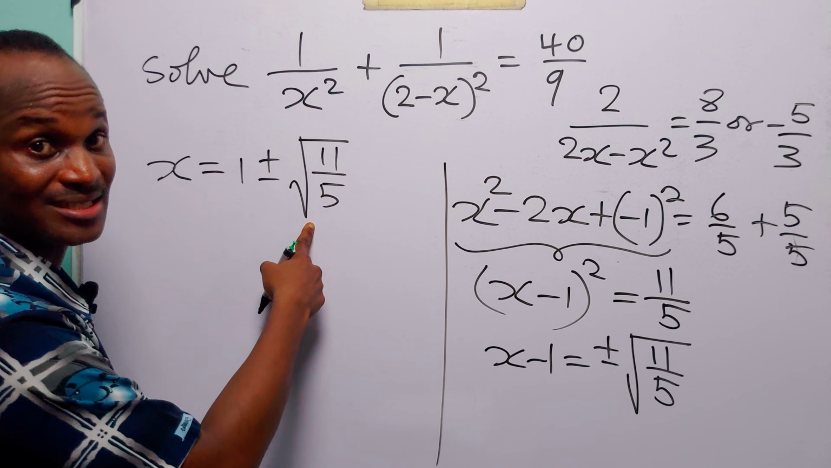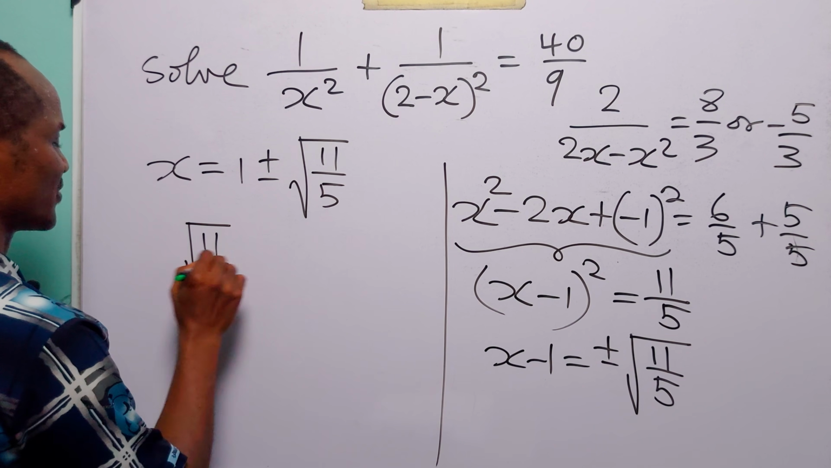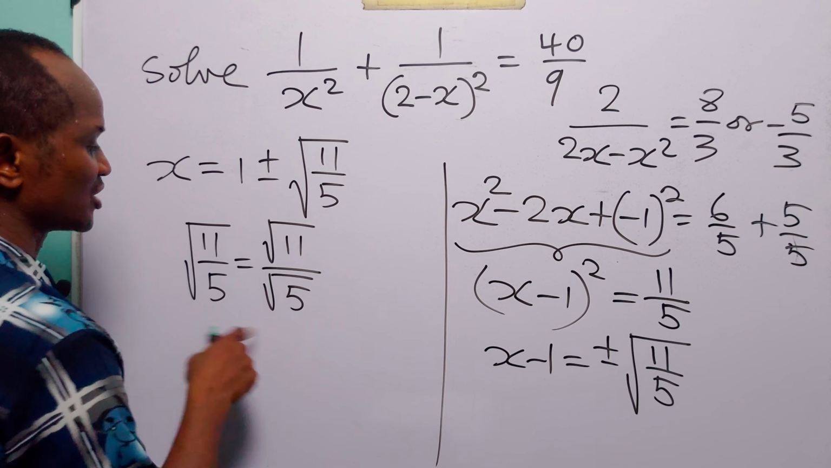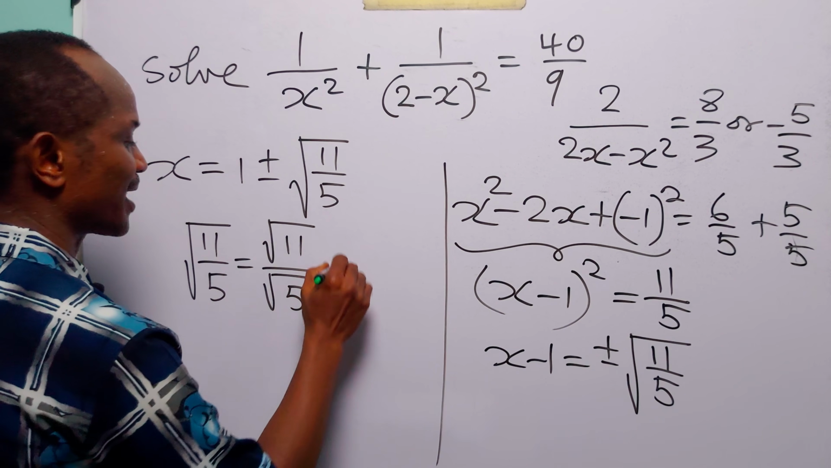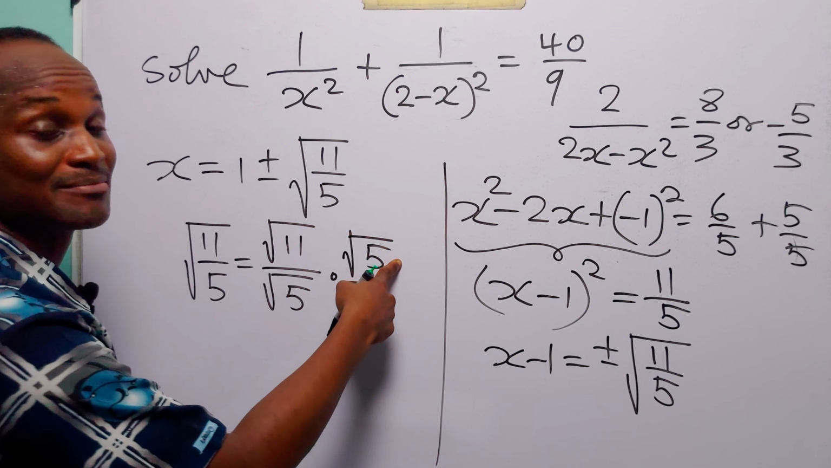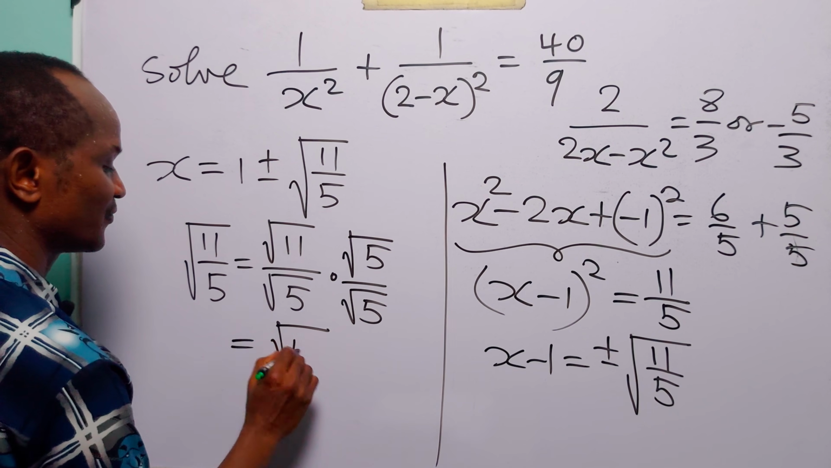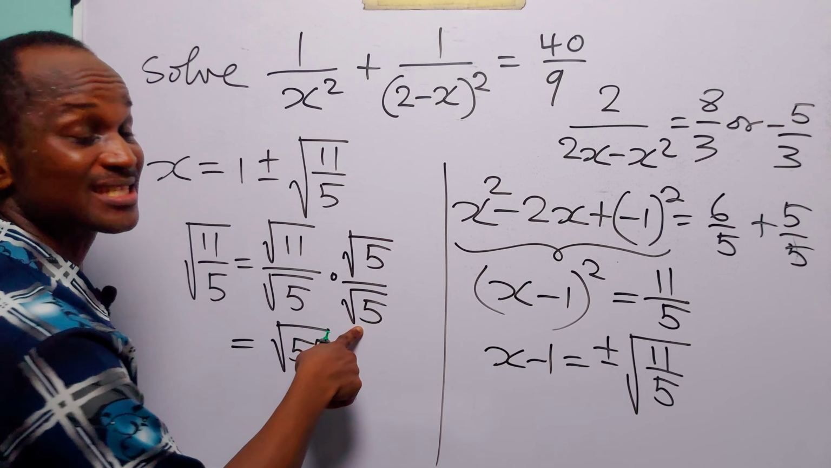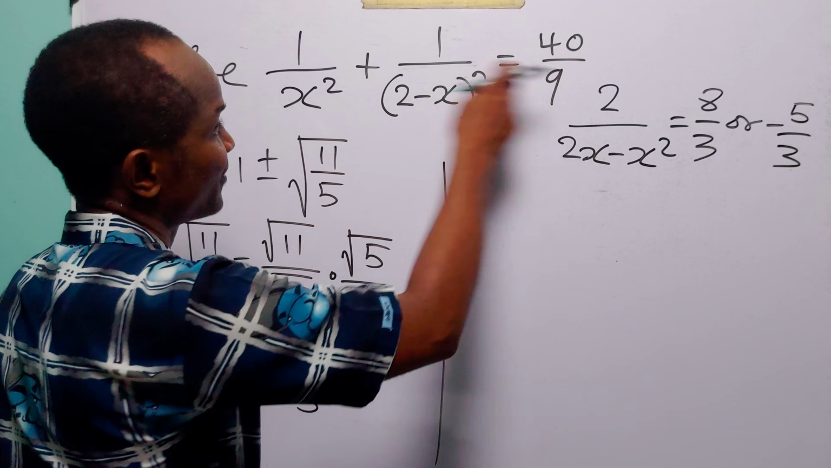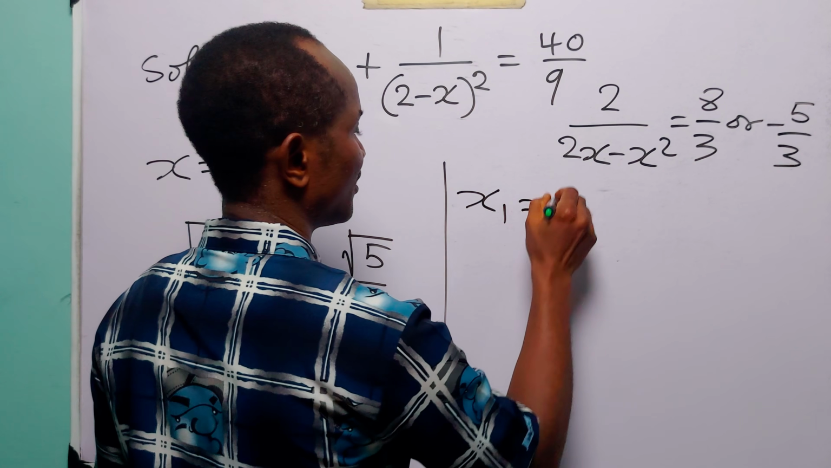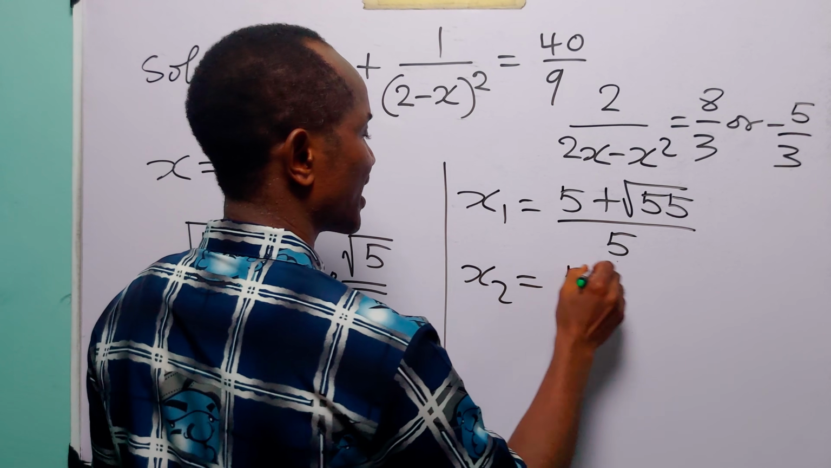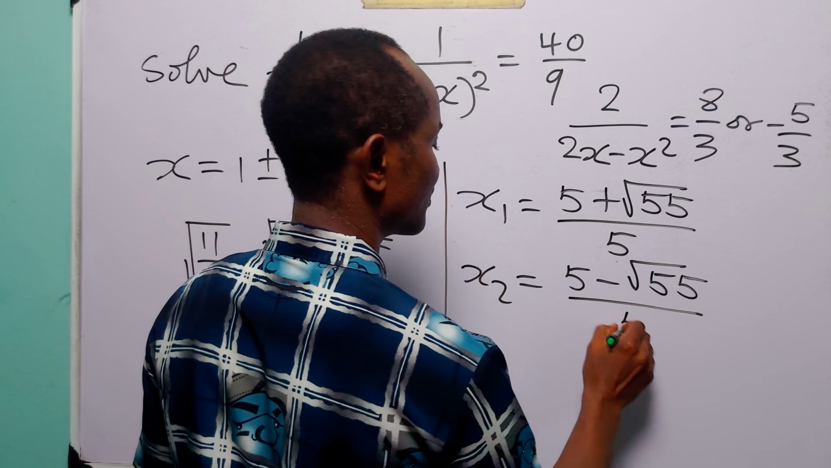Now, we can go on and rationalize this. We have that the square root of 11 over 5 is equal to the square root of 11 divided by the square root of 5. And of course, to rationalize, we multiply both the numerator and the denominator by the square root of 5. Now, root 11 times root 5 is going to give us root 55. And root 5 times root 5 is going to give us 5. And finally, we have all the values of x that satisfy this equation. They are 5 plus root 55 over 5, 5 minus root 55 over 5,